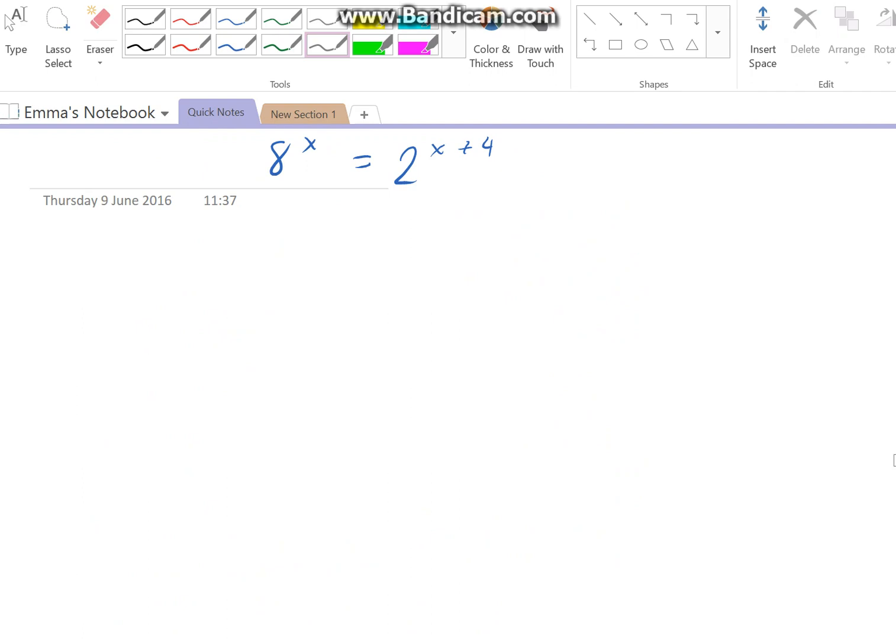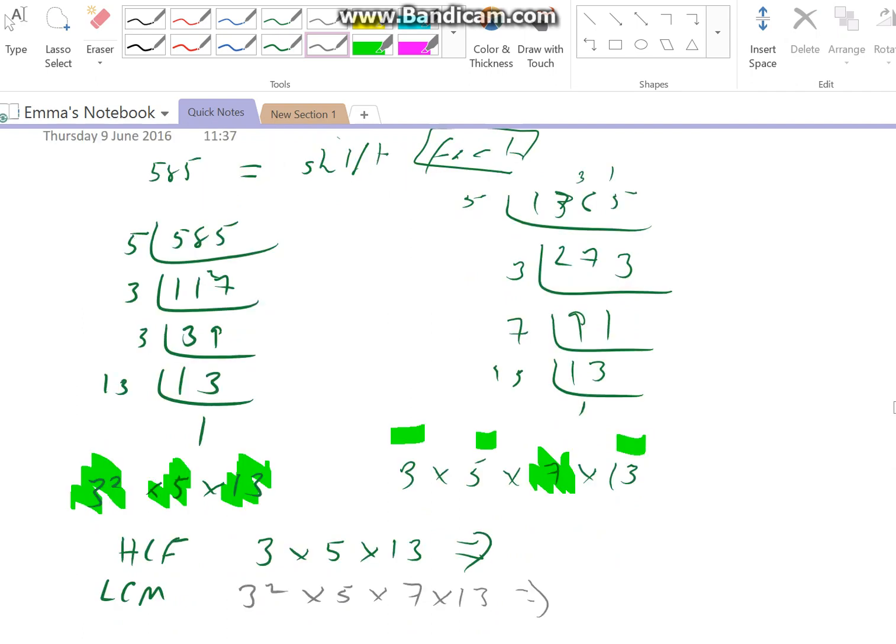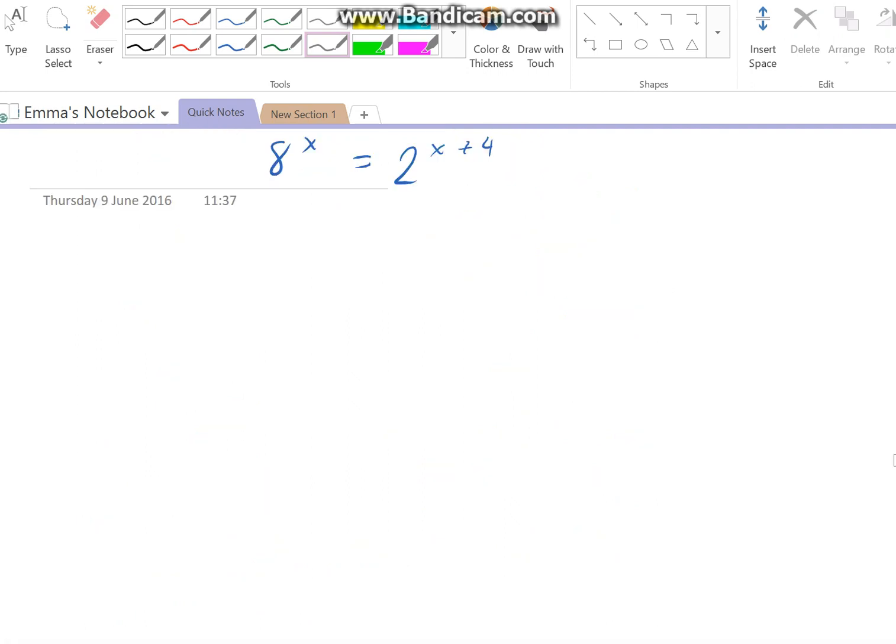I don't know if they'll come up. The prime factor might, but you see the HCF and the LCM isn't in any of the books bar Active Maths, so I'd be very surprised if it did make an appearance. But